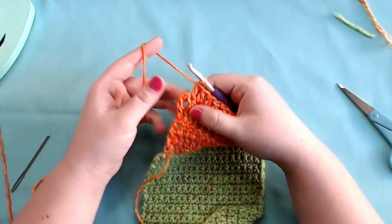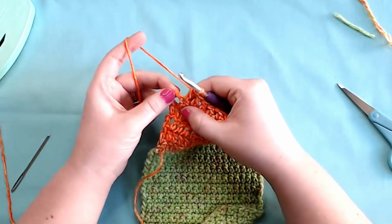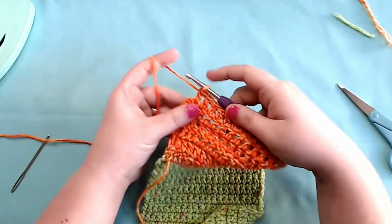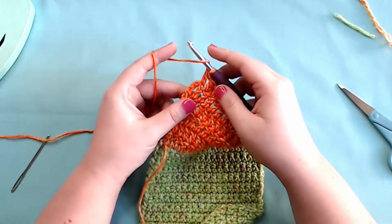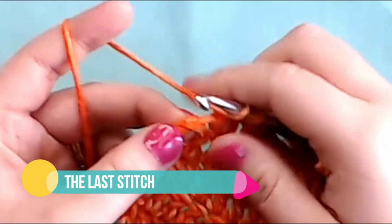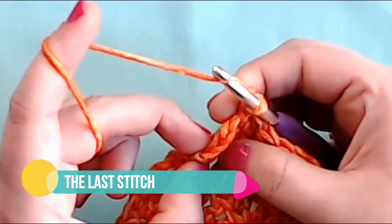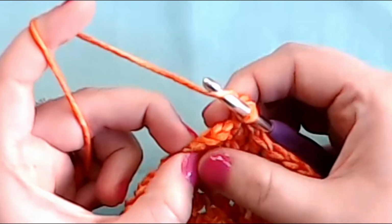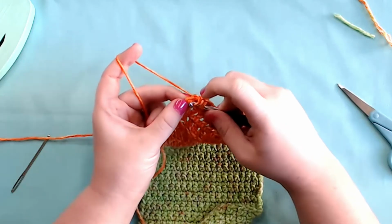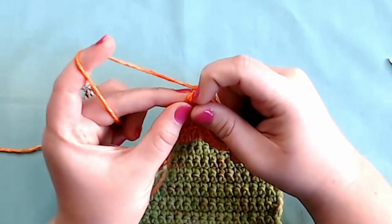So I left it all the way up to here because I want to show you something. It's kind of hard to find where you're supposed to go into. So I was just going to show you where exactly to stick your hook. So you do your yarn over, and then you want to go into the third chain. You can look at this, and it might be twisted around, and you can see 1, 2, 3 chains, because that's what you did. You did chain 3. You're going to want to go into the third chain, and you're going to have to use your fingers to get your hook